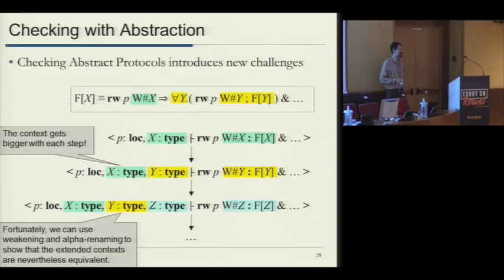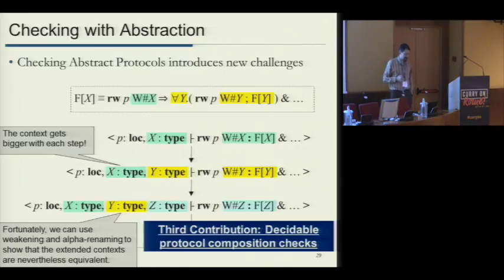And so the paper has a description of the reasoning in more detail, and Philippe's thesis has the complete proof that shows that actually for every protocol you can express in our system, you can finish type checking it, right? You won't get an infinite set of states like this. Type checking might fail, but it won't ever loop. So that's how we get a decidability result, which is the third contribution, right? Figuring out how to check these things in a decidable way, despite the fact that we have abstractions and type variables that get generated and so